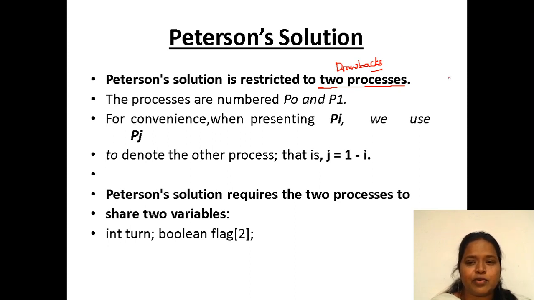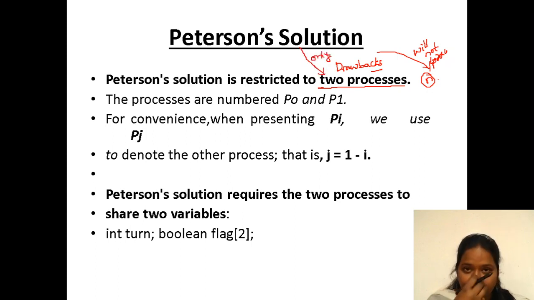For n number of processes, this Peterson solution will not work. It will work only if two processes are there.